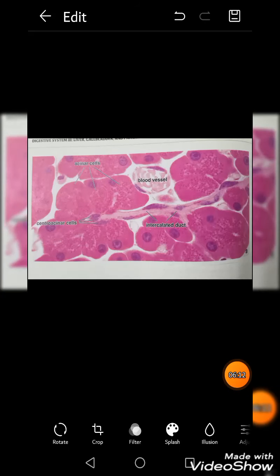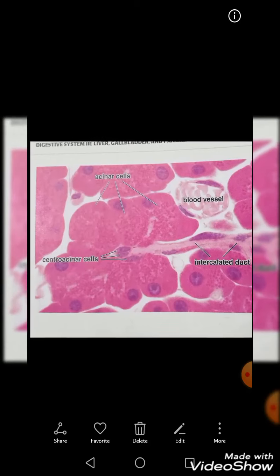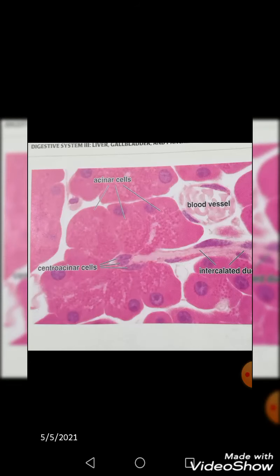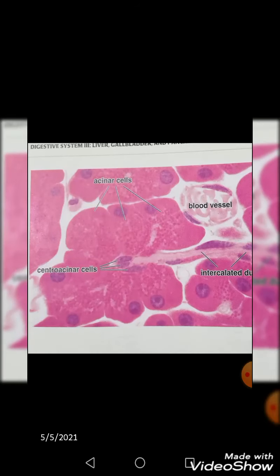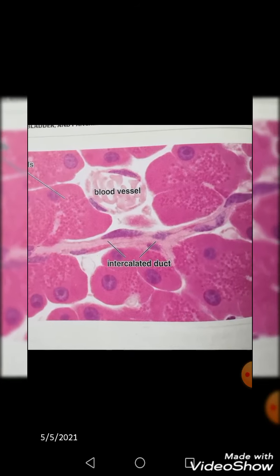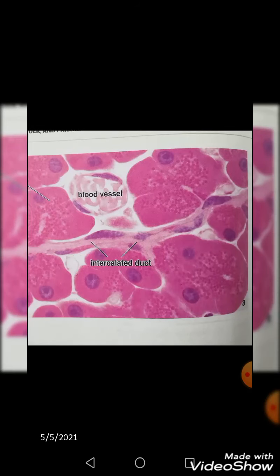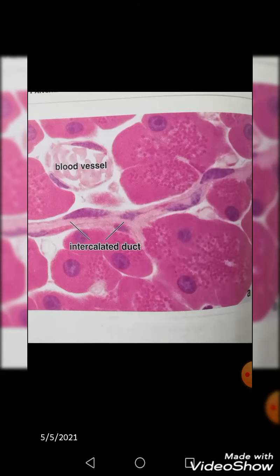This is the histological representation of this histology picture, where you can visualize the acinus with the pyramidal shaped cells and the central cavity showing the centroacinar cells. You can see the intervening blood vessels as well, and the start of the intercalated duct. You can see the darker staining of these acini cells. The reason I have already told you: the basophilia is due to rough endoplasmic reticulum, and